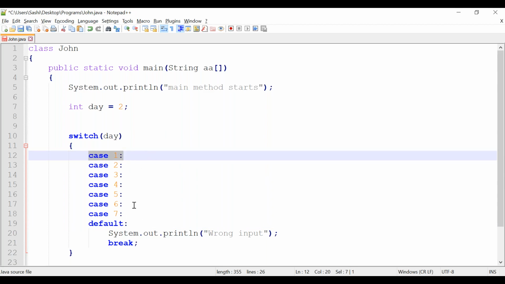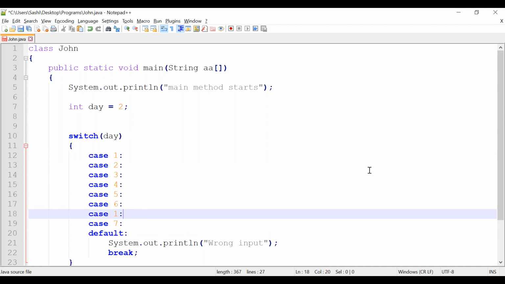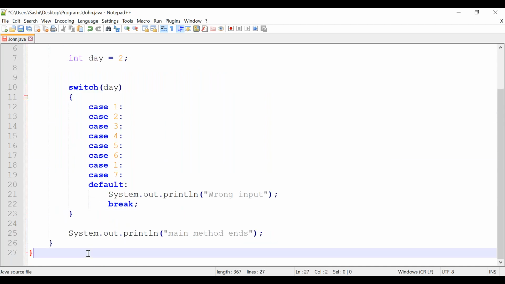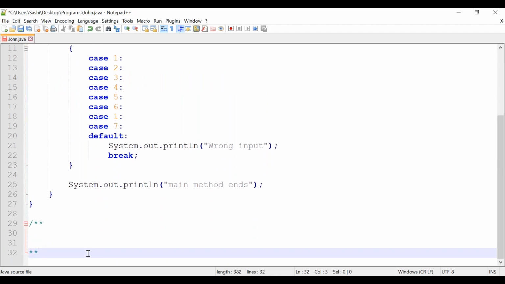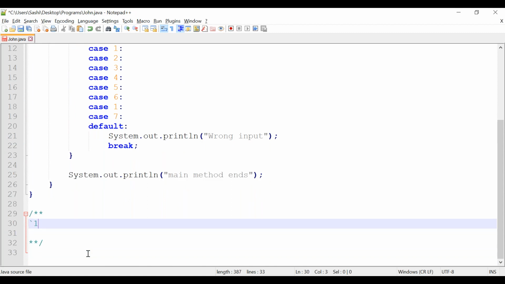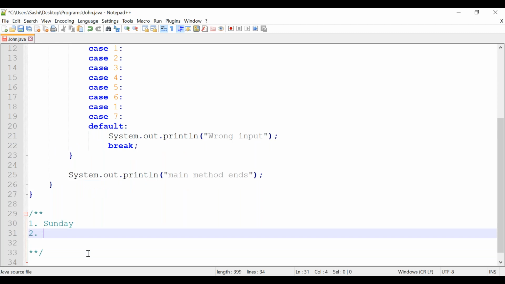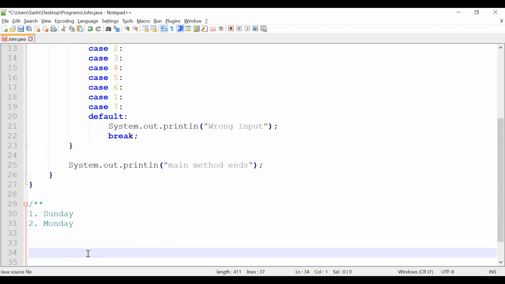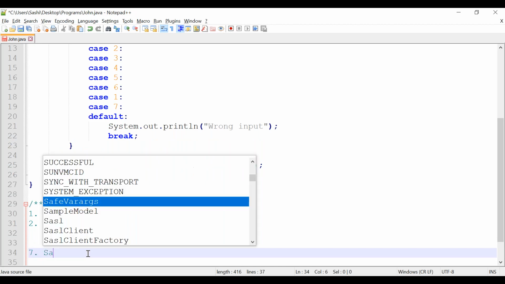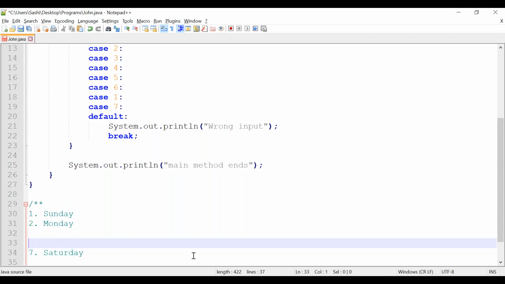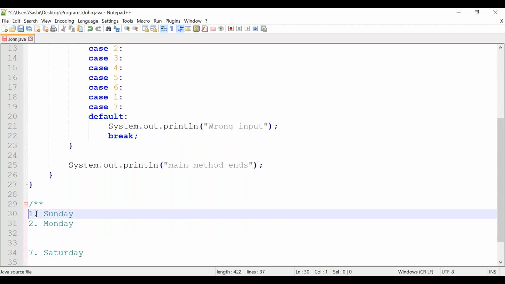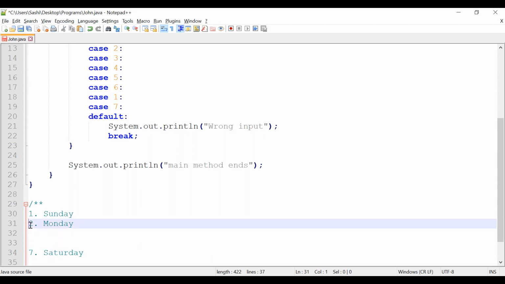Okay, let's assume our days start like this. Day one means Sunday, day two means Monday, day three means Tuesday, and finally day seven means Saturday, correct? So whenever I enter 1 and 7, it is a weekend.